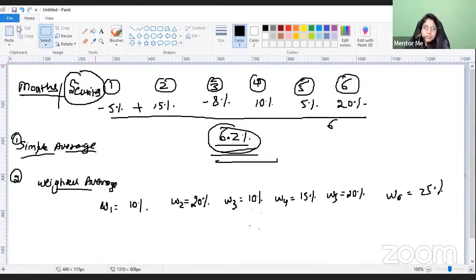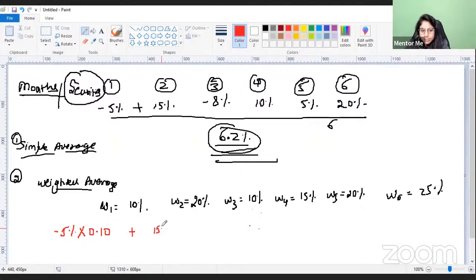So these are our weights. अभी हमने क्या किया था? एक सिंपल एवरेज निकाला था which was telling us that the average return is 6.2% for the portfolio, right? अभी हम क्या कर रहे हैं? उनका वेटेड एवरेज निकाल रहे हैं. वेटेड एवरेज में वी आर सेइंग कि जिसमें जितना इन्वेस्ट किया है उसको उतना हम वेट देंगे अपने रिटर्न कैलकुलेशन में, ठीक है. And therefore first security return would be multiplied by the weight of first security, which is 0.1,